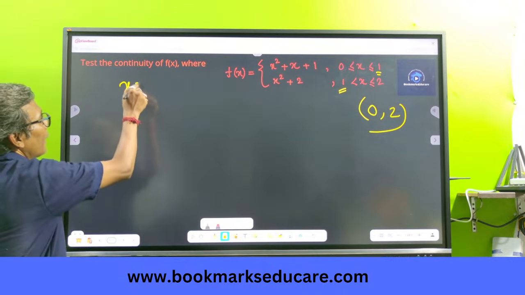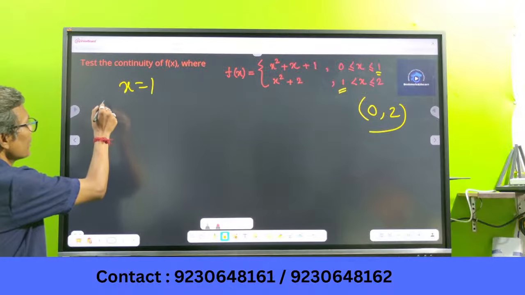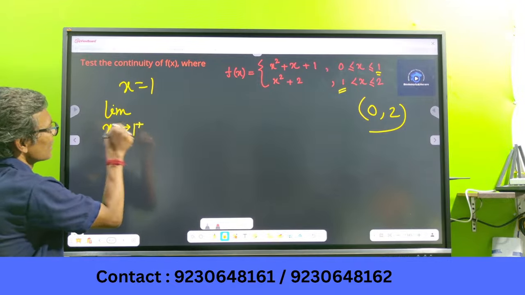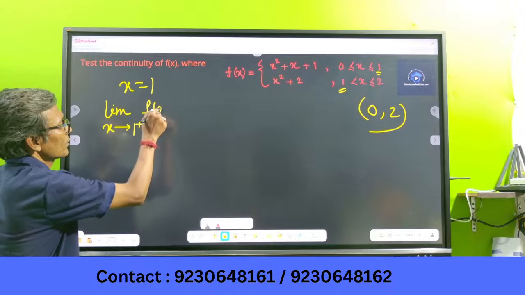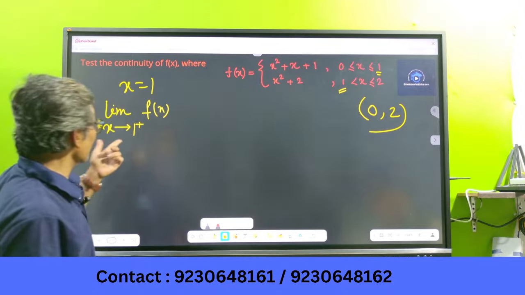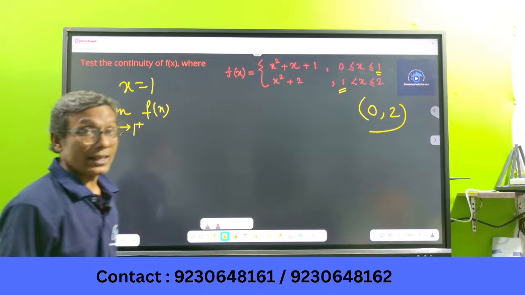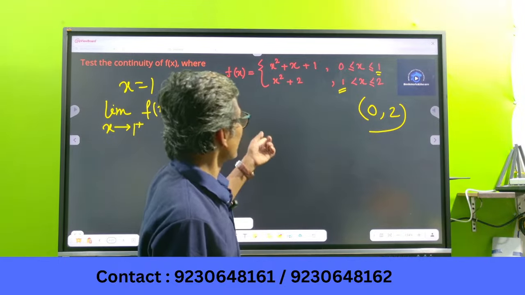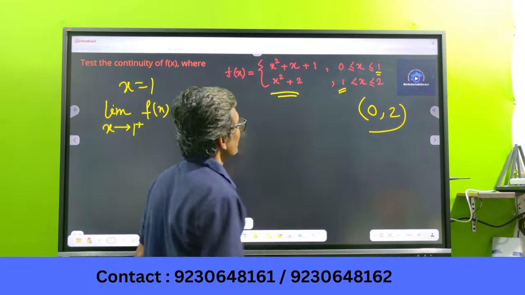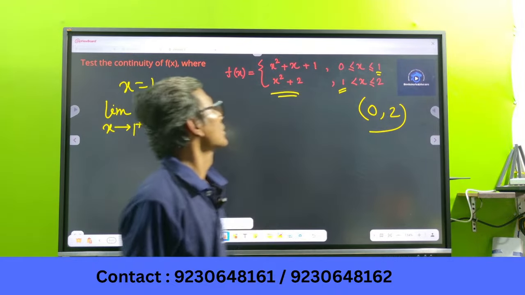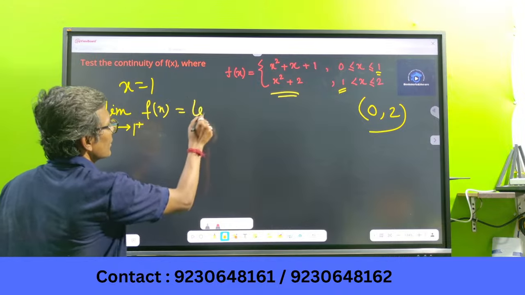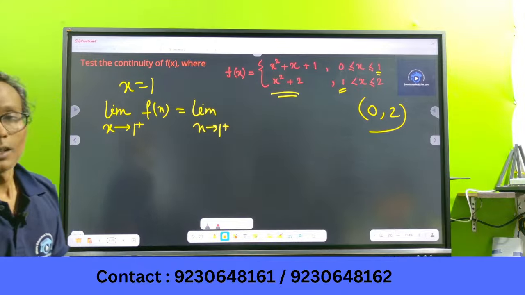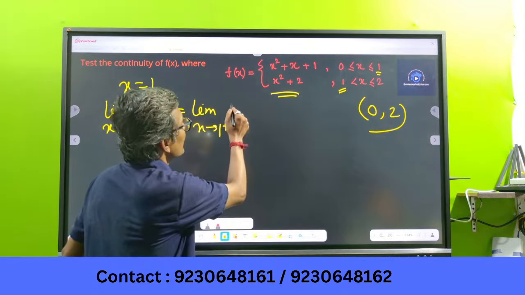So at x is equal to 1, the right hand side limit of the given function, when x tends to 1 plus, means x greater than 1. So at x greater than 1, what function should be taken? This function must be taken for x greater than 1. So the function is limit x tends to 1 plus, function is x